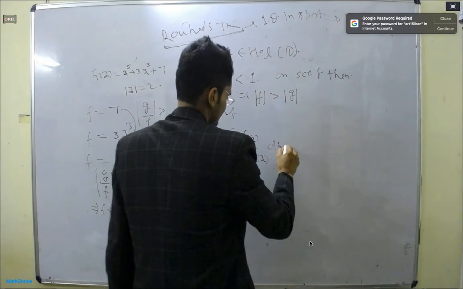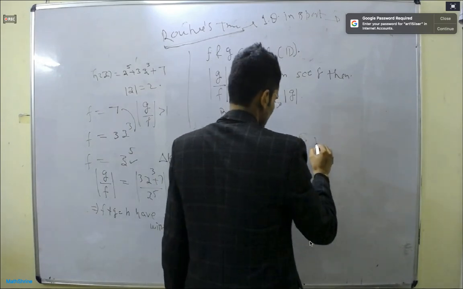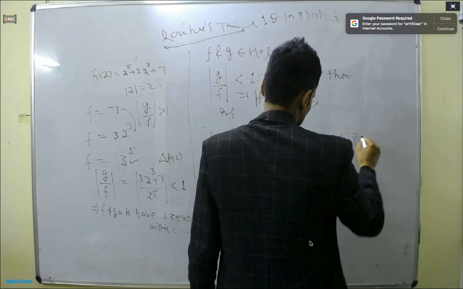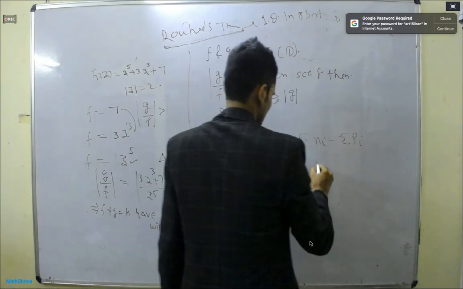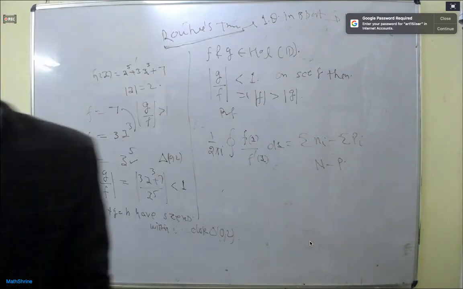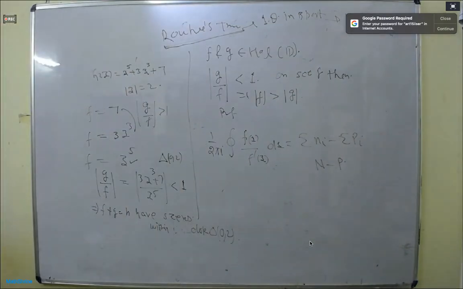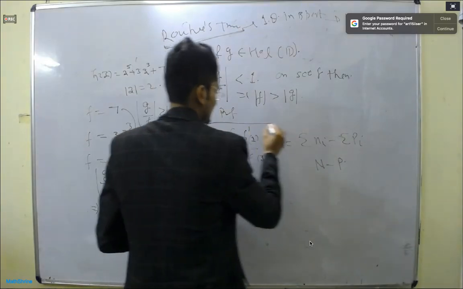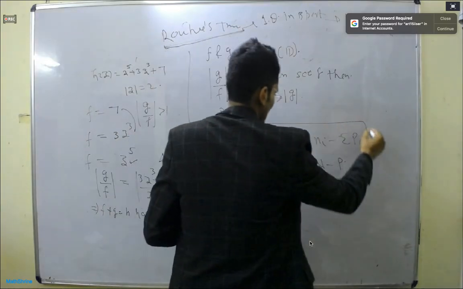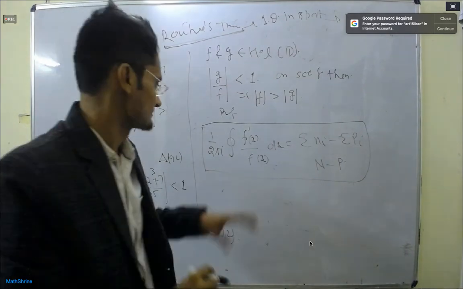This is the argument principle, or some people say you can count the winding number from here also. It equals the summation of n_i minus p_i, where n_i is the number of zeros counting multiplicity of the function f(z), and p_i is the number of poles of f(z) counting multiplicity. You can use this theorem and prove